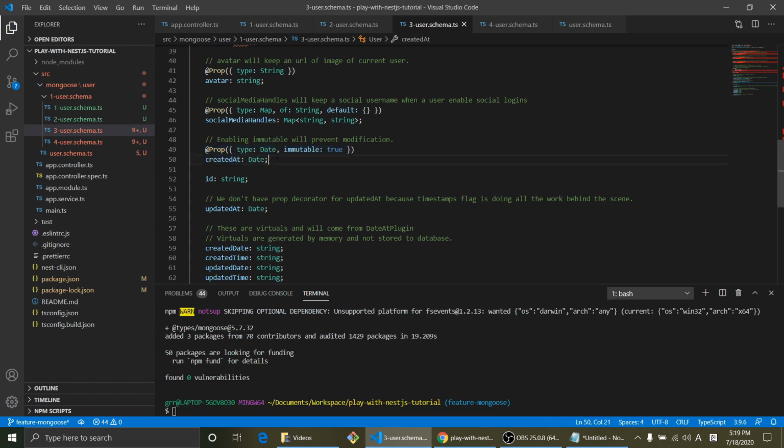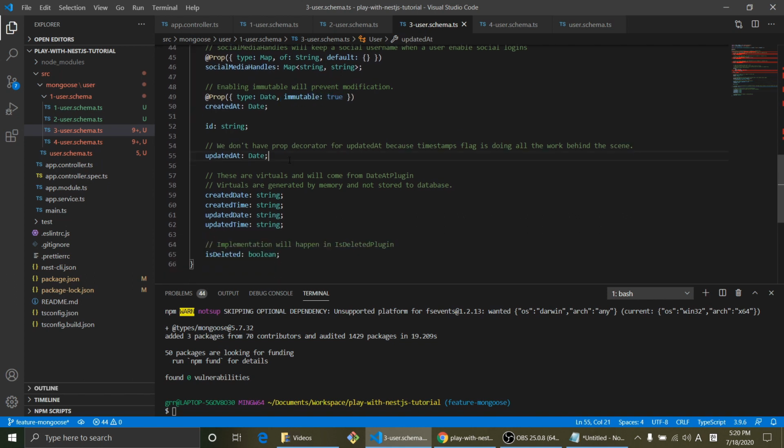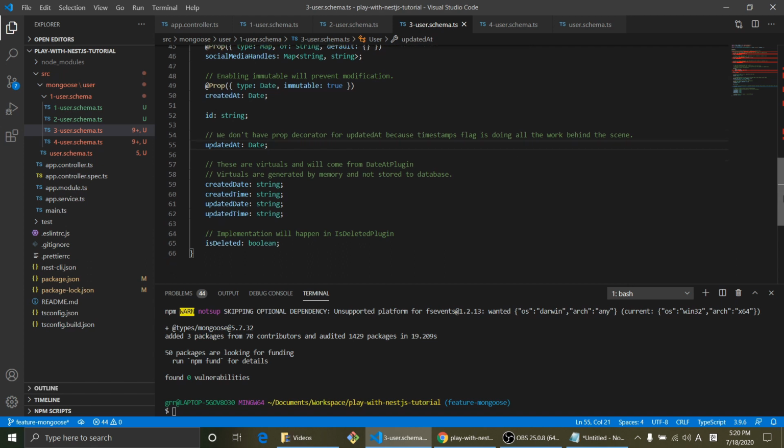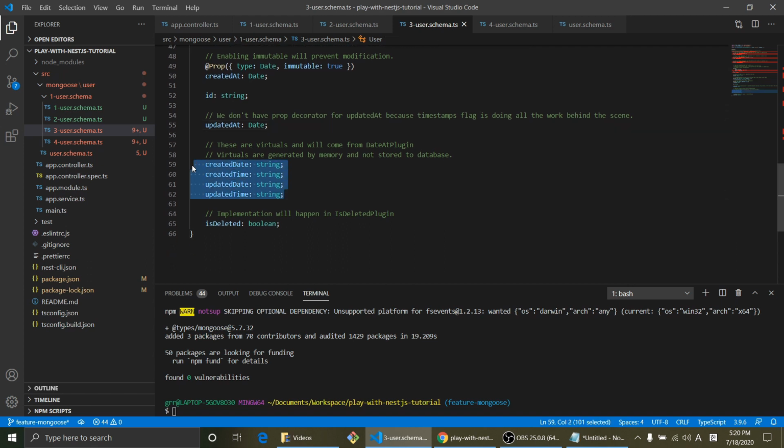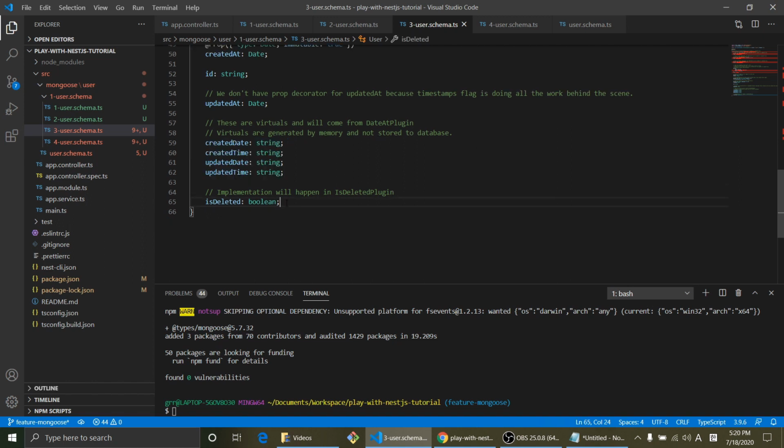CreatedAt is storing the time of creation date, and we don't want to change that, so we set it immutable to prevent any modification. We don't have a prop decorator for updatedAt because the timestamps flag is doing all the work behind the scenes, and these are virtuals and it will be done in a separate file. This is also just a plugin, isDeleted. Implementation of isDeleted will